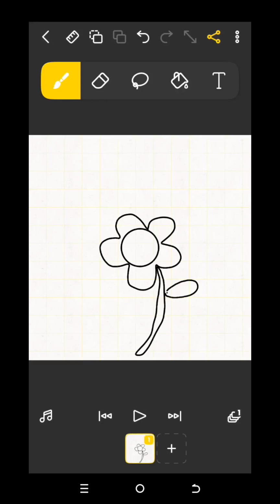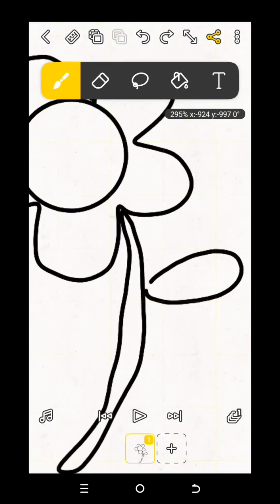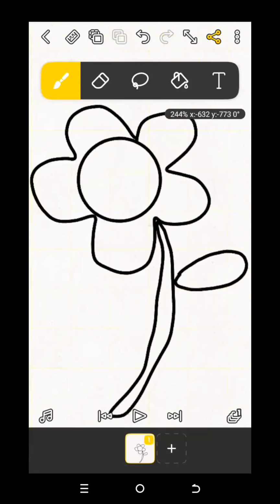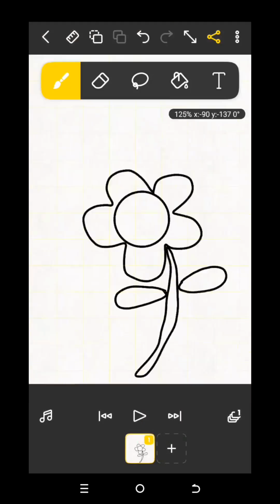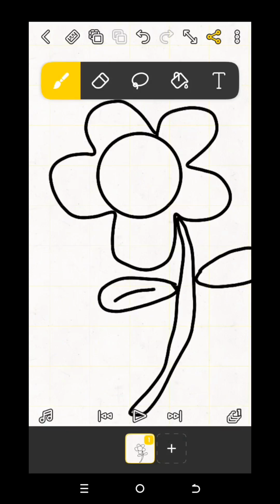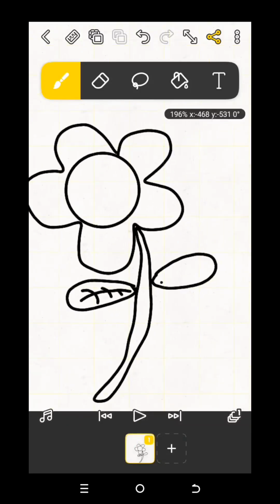Okay, let me zoom in a bit. Okay, let me give it a little bit more detail. Okay,